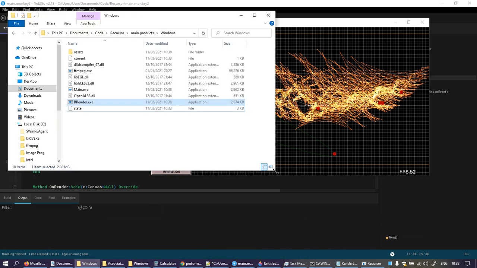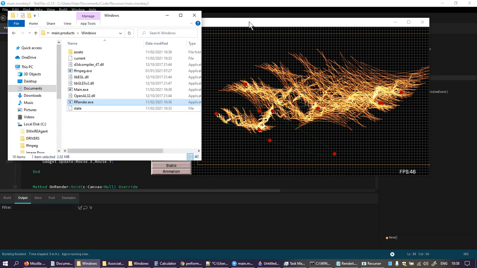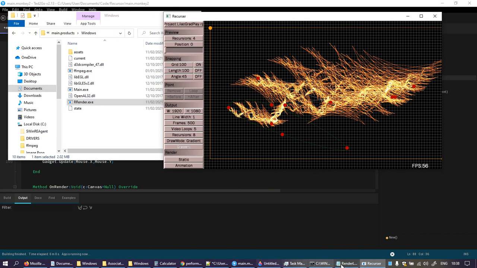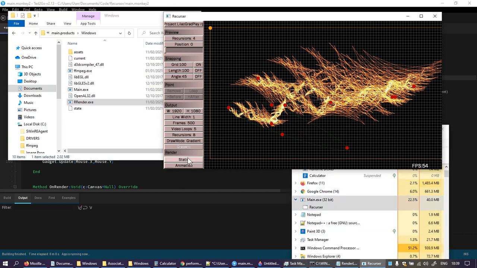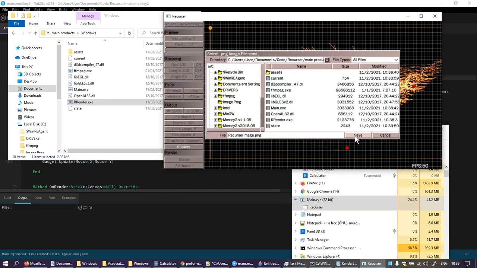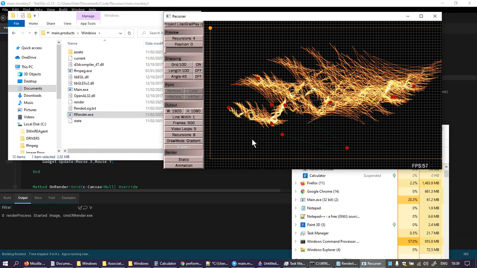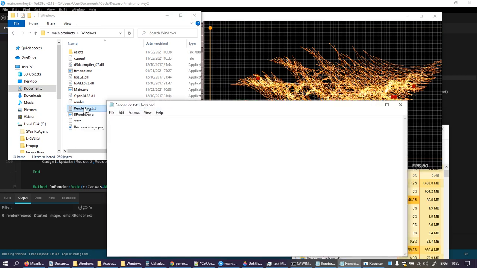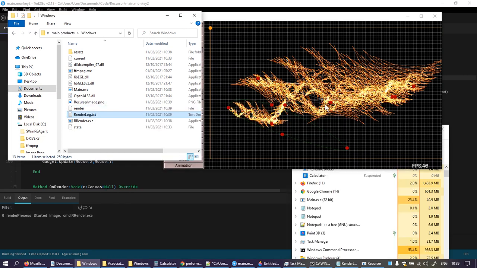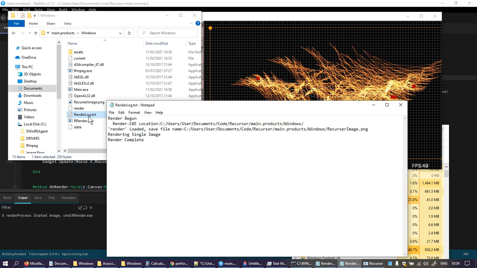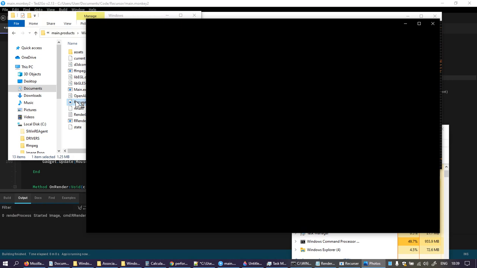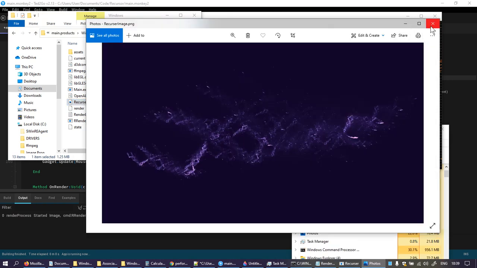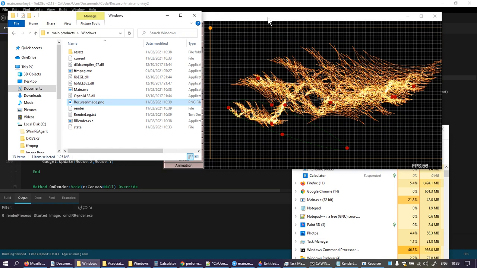Here is Windows, or at least here's the directory with my things in it. Here's my task manager, there's main. Here's me requesting static. Save. Render log. No, recursive image. Render complete. And there is the render. Worked. Now, won't work again,